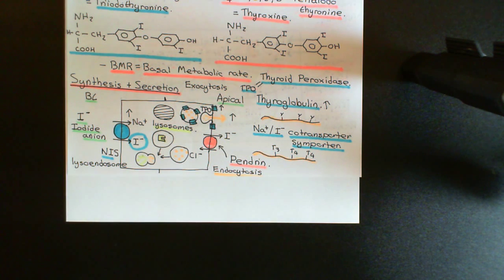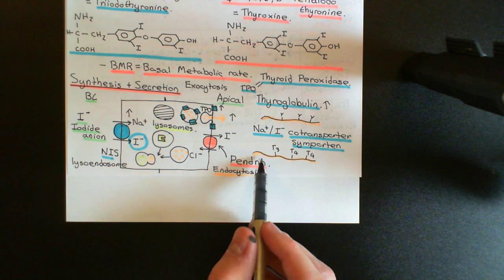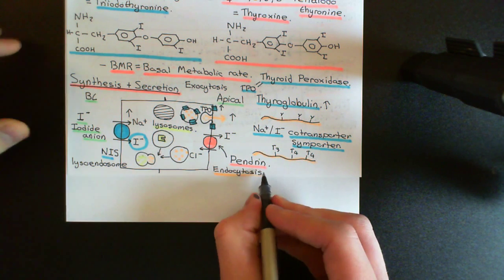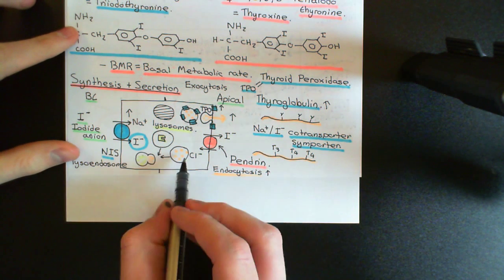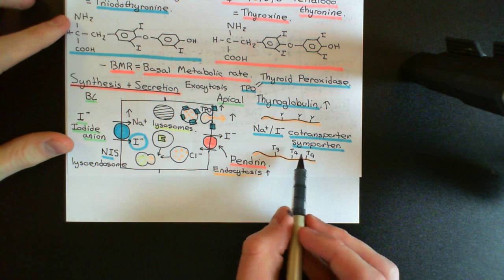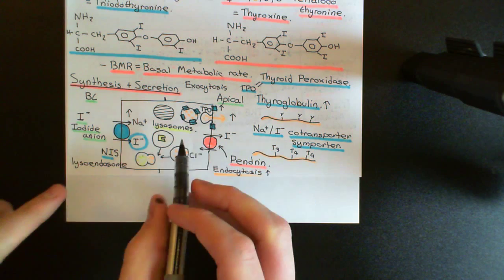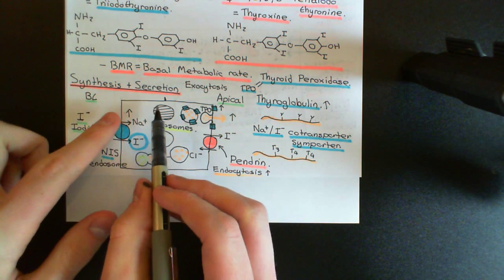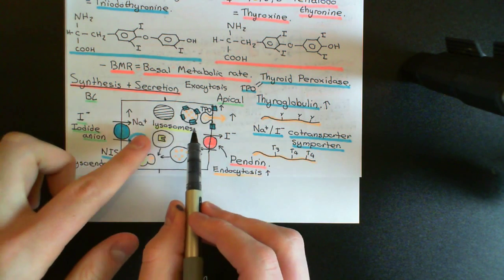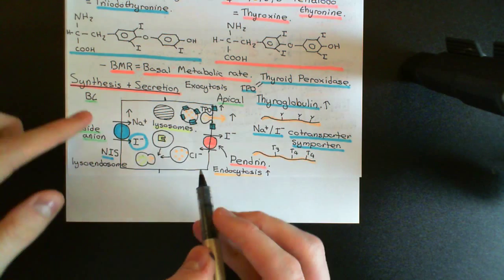the thyroid follicle lumen. In addition, we're going to activate the endocytosis process here so that we are actually endocytosing more of the thyroglobulin with the T3 and T4 amino acids in them and breaking them down to release the T3 and T4. Another thing that I should mention is thyroid stimulating hormone also activates the thyroid follicular cells' production